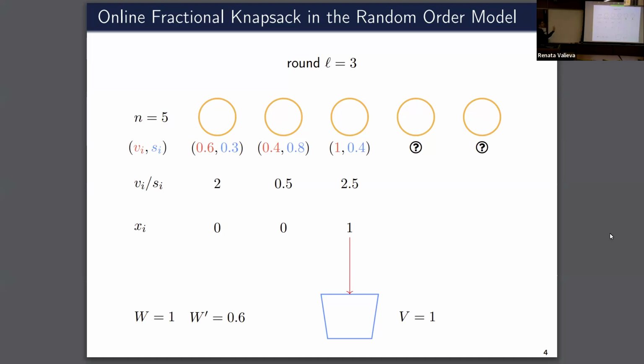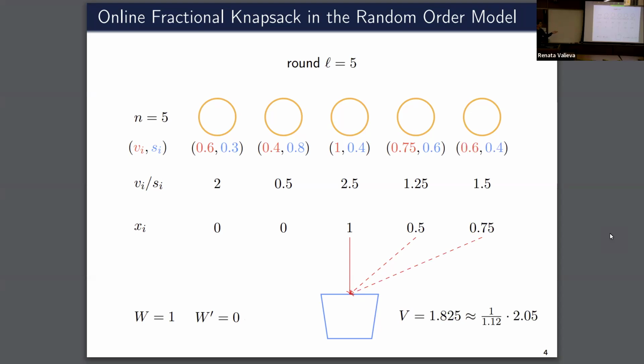So consider this item, its profit to weight ratio is 2.5, which is higher than those seen before. So we could think it's a good item. Let's take it. The next one, 1.25. It's maybe not so good compared to the one before and also the first one. So we pick, say, half. We don't want to fill up the knapsack too early. Then it happens that the last one is pretty good and we fill up the knapsack. At the end, our current profit is